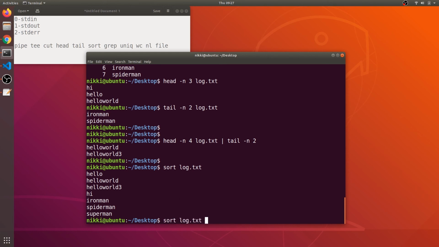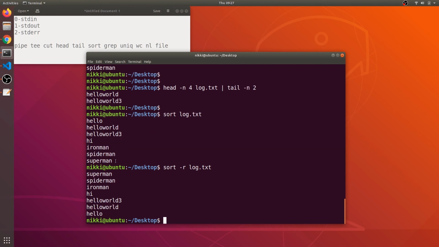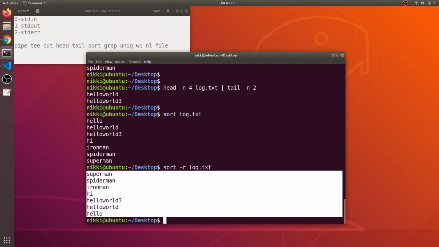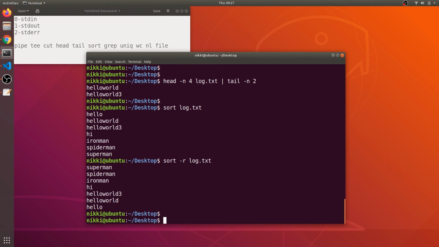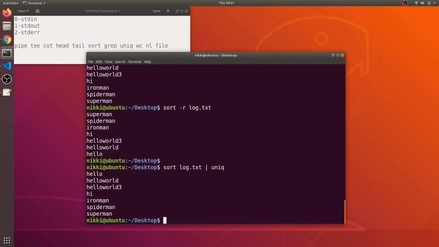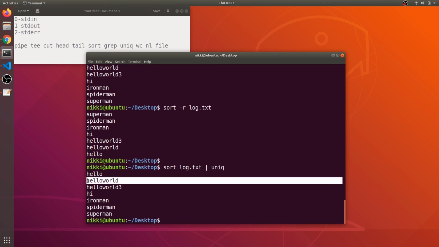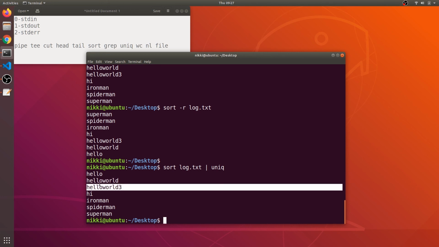So you can also sort this in the reverse order by using the -r option. As you can see, this output is exactly the opposite of this output because it's just reversing the sorted order. Now what you can do is pipe this into the uniq command. So what this uniq command does is, when it checks two lines, if the 2 lines are identical, it will remove the 1 line.